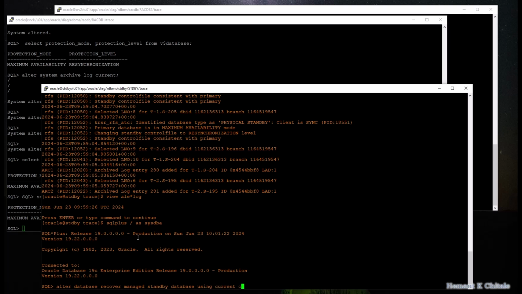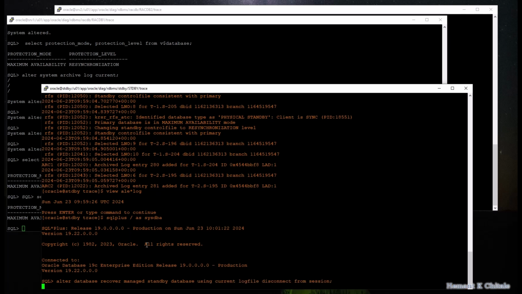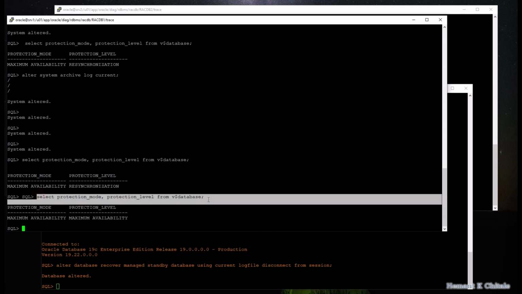Using current log file is no longer mandatory in the clause, but I just use it out of habit. And even disconnect from session is no longer mandatory. You just have to specify alter database recover managed standby database. These two clauses are not required, but out of habit from previous versions I still use them. So once I issue this command, you will see no change at the primary,